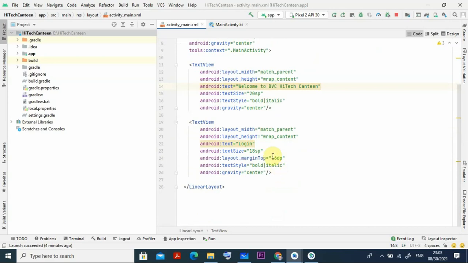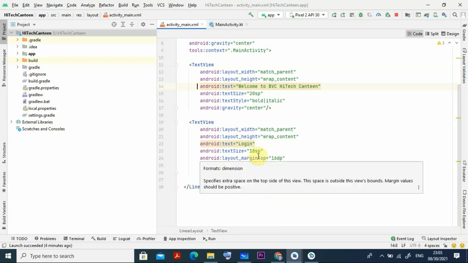Now the same thing we put here. The text was there, then the text size. Layout margin top is not necessary, I don't think it is required here. Then you can go for the size. Size is equal to 18, the text view showing 18 sp. You can put 18 or 20, your choice.